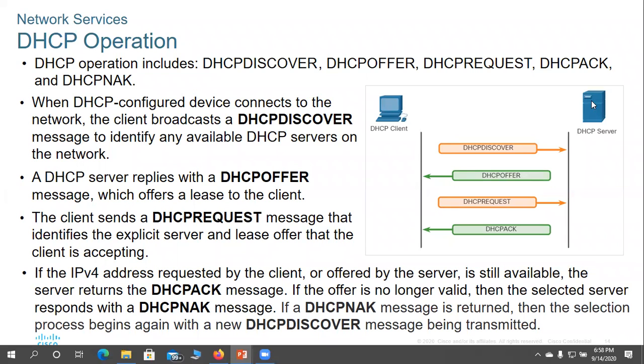Then one of the DHCP servers will reply with the DHCP offer, offering your laptop the IP address, the MAC address and the default gateway to use, okay? And then your laptop is going to send the DHCP request. So the offer has to be a unicast because it's coming from a server going to your laptop. But the DHCP request has to be a broadcast